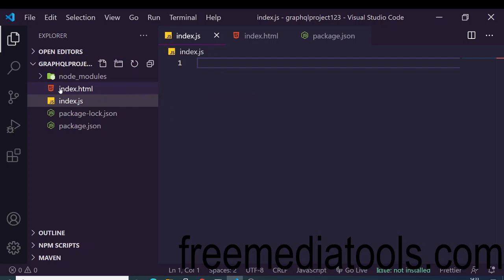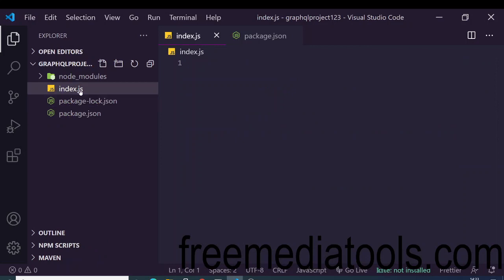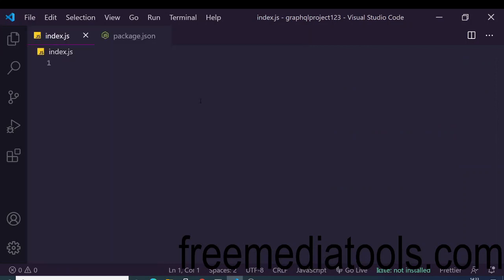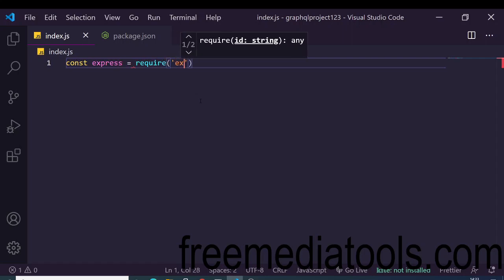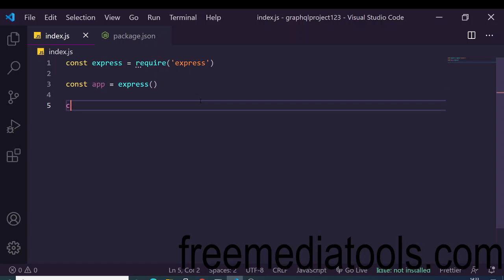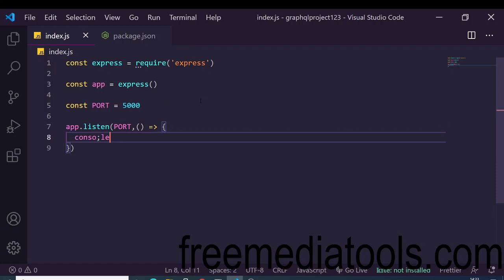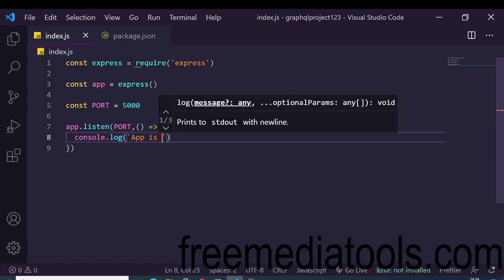index.js file inside your directory. Let me delete this index.html file; we don't need this. So just make an index.js file, and inside this, first of all, we will make a very simple Express server. We need to require it, and make an app variable, initialize it to Express, and also make a port variable on which the app will be running. So app.listen, and then we will pass the port number, and the second is the callback function. So we can just say console.log